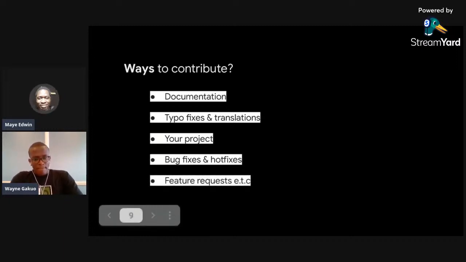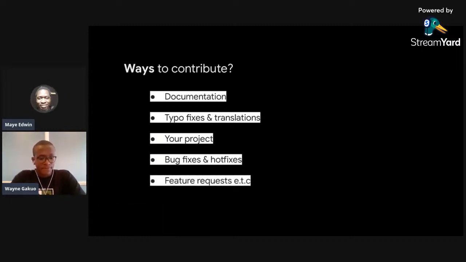Another one is feature request. You could request that a feature is added, for example, on Angular or Firebase or whatever project, and that is also a way. You don't actually need to build, just suggesting. That means you are trying to provide an alternative, thinking towards what this project could also provide to you as a developer and other developers based on your experience as you try to build software out there.